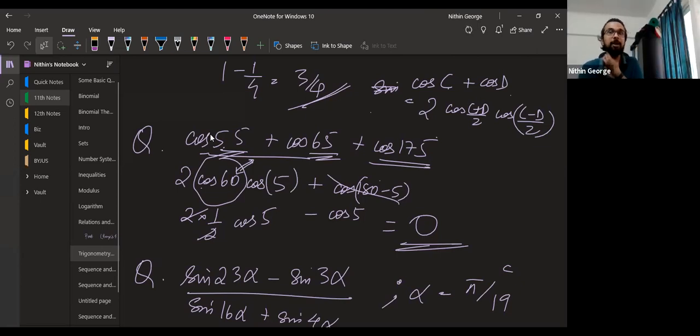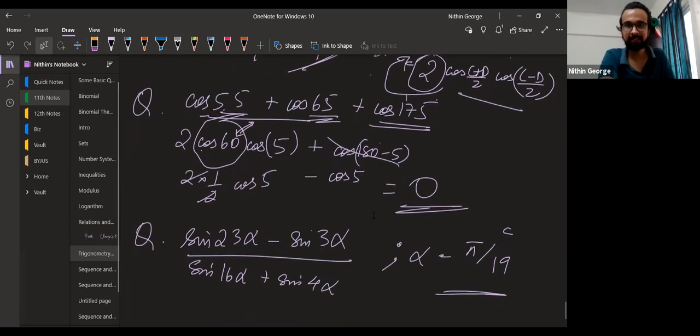Yes, sir. So remember, when you have a product and you're making it into this form, you simply add the angles up. But when you have a sum and you're converting it into a product, don't forget, you have to divide by 2. Or you can imagine it this way also. There's a reason why you multiply it by 2. Okay, sir, got it. So think like that. But remember, the thought is fake. It's something you're using to remember this. That's not the real reason why there is a 2 there. But you can use it to remember. Okay. So